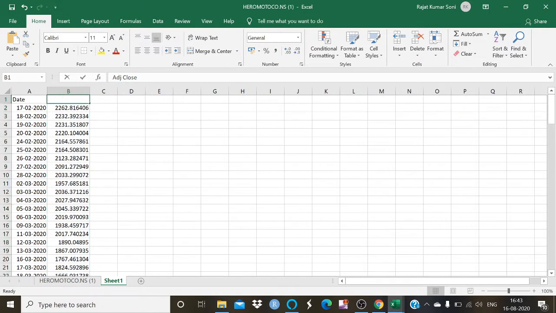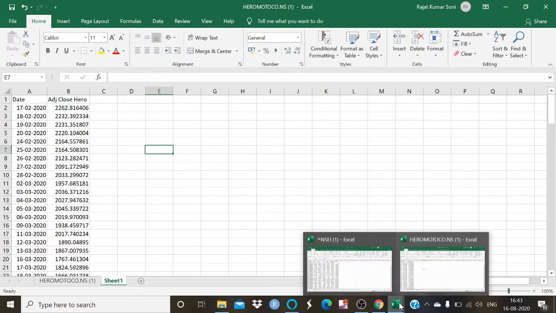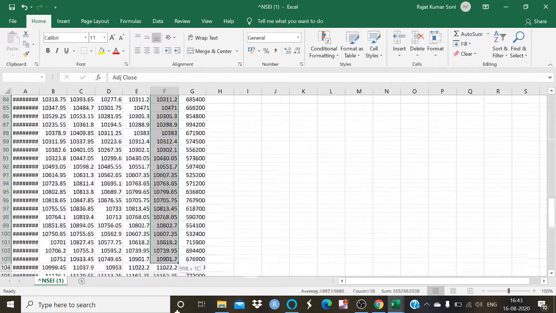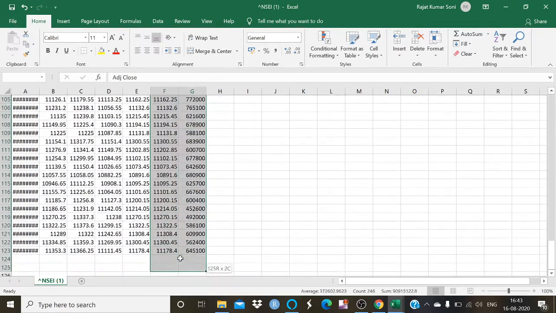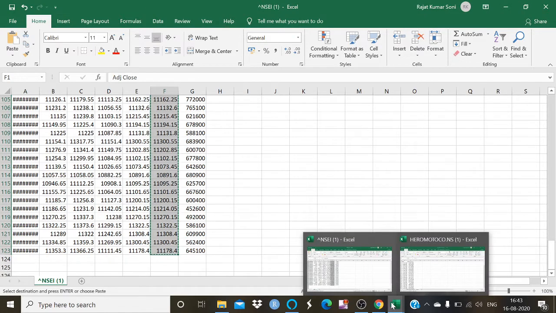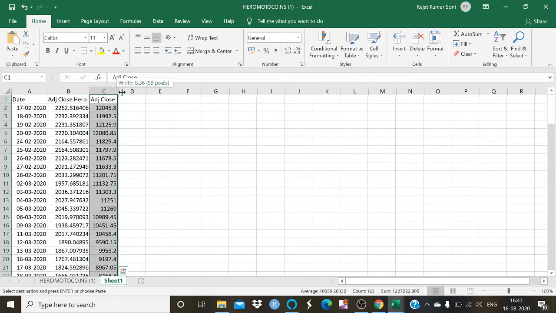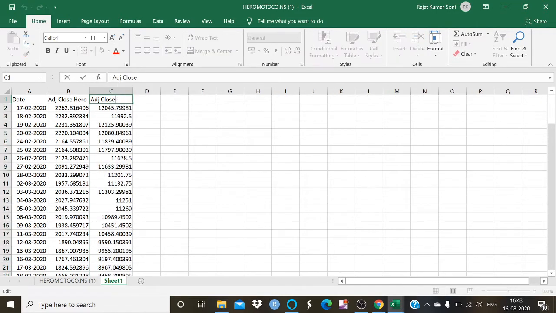Here I'm going to rename this column as adjusted close value of Hero. And now I'm going to copy the adjusted close value of Nifty for the same time period, and rename this column as adjusted close value of Nifty.